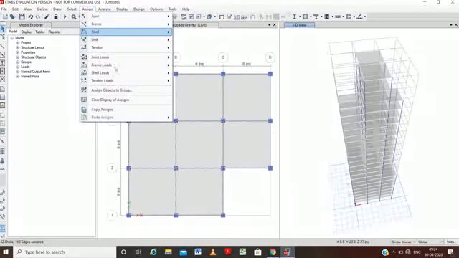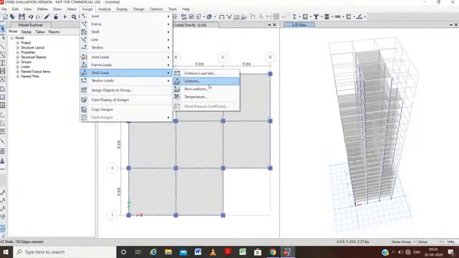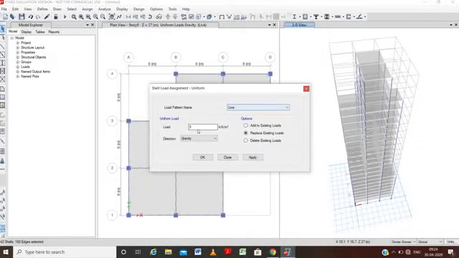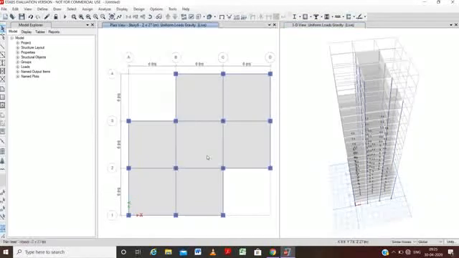I will go to assign, cell loads, uniform, live, and change the load to 4.5 as given in the data. We will apply the load, just press OK. Now you can see the load here.